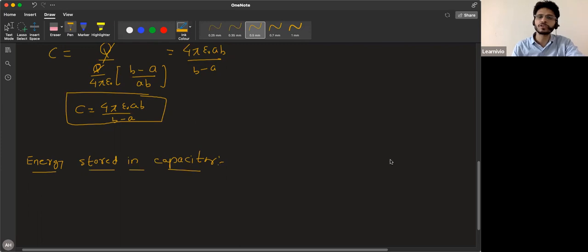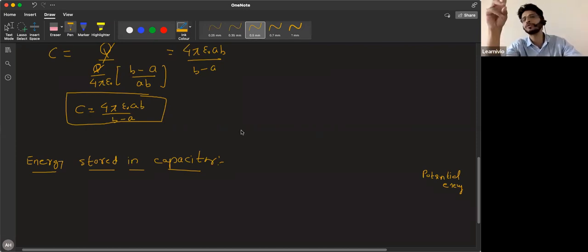But before starting this topic, just tell me what is the cause of potential energy? Someone was telling. Potential energy. Interactions. See, we have two types of energies. One is kinetic, another is potential. What is the cause of